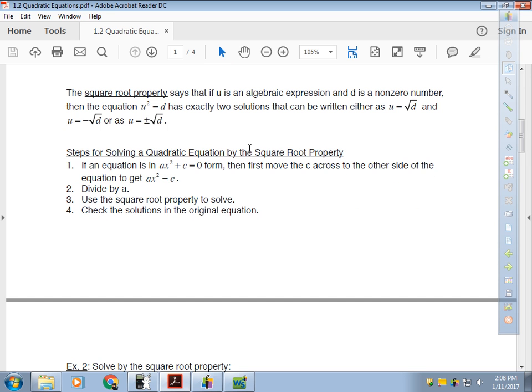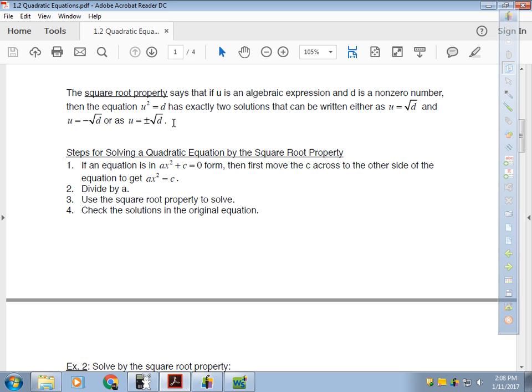Scroll a little bit. So the next thing we're going to look at is the square root property. This is just saying that if you have u squared equals d, then you can solve that equation by taking the square root, but you need to have a plus or minus on it. The reason why you have to have a plus or minus is,